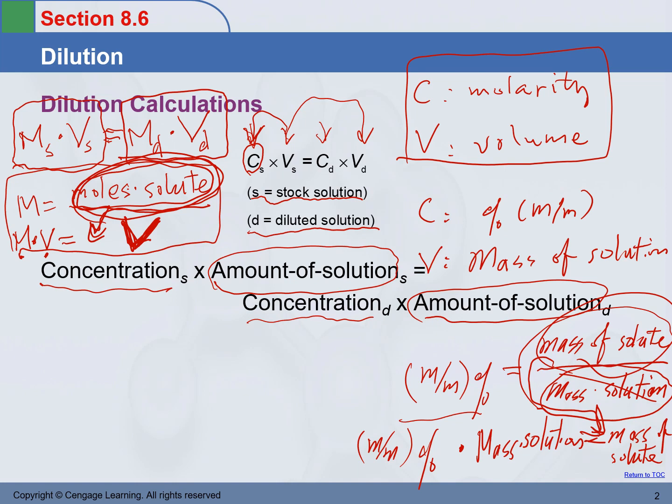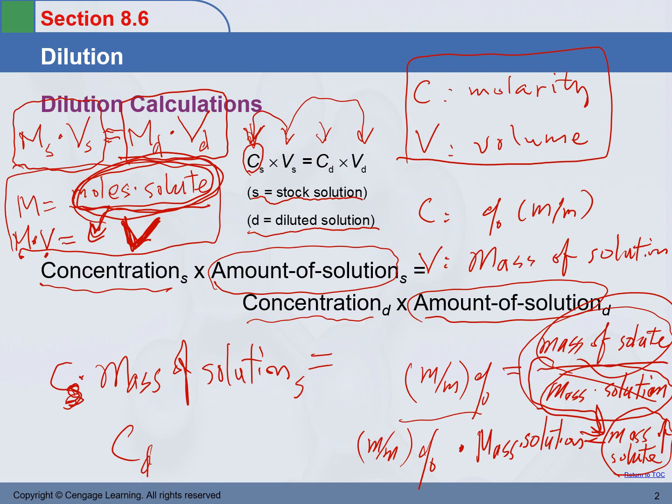What I am trying to say is that when you multiply the percent by mass concentration by the mass of solution, you get the mass of solute in the solution. Again, the mass of solute before and after the dilution will be the same. So the percent by mass of the stock solution multiplied by the mass of the stock solution equals the percent by mass of the diluted solution multiplied by the mass of solution